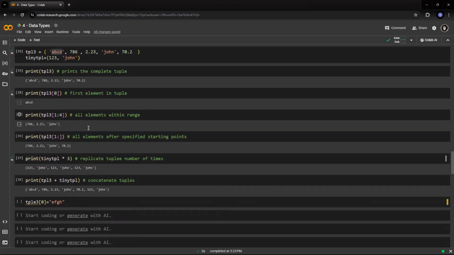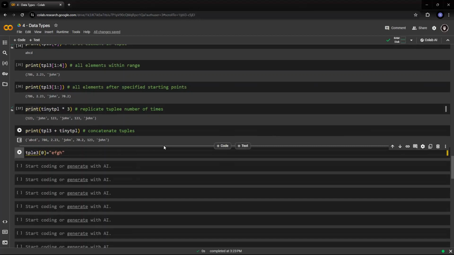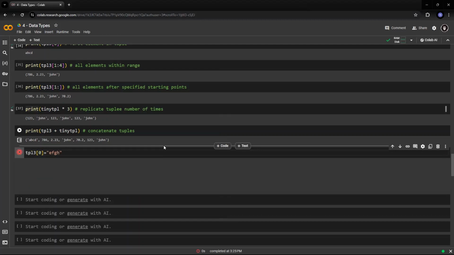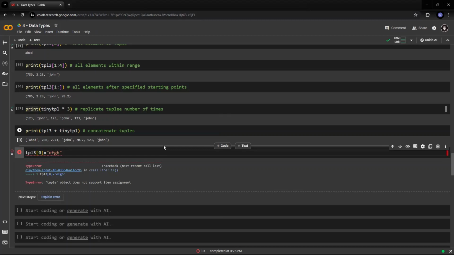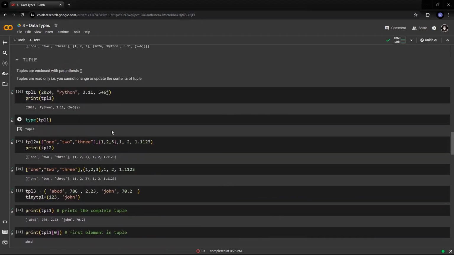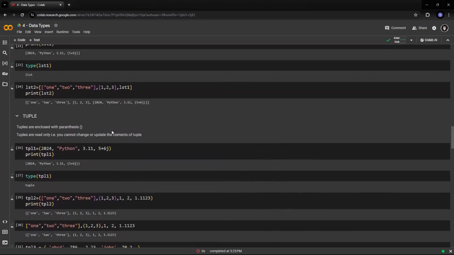Okay, let me do this function now. Yeah, it is giving me an error. Why? Because tpl3 is a tuple. What is it giving? Tuple object does not support item assignment. Same way, if I would have done this for a list, let me show you for list as well,